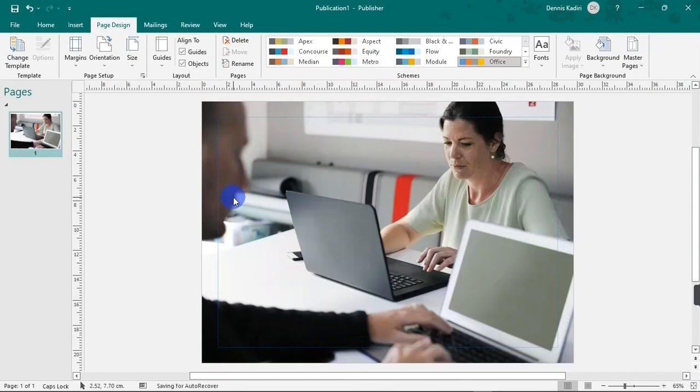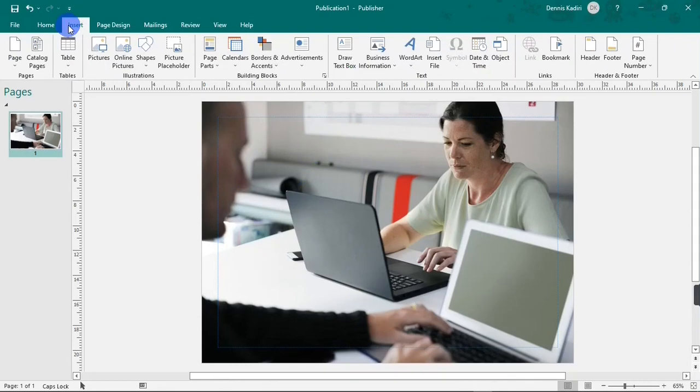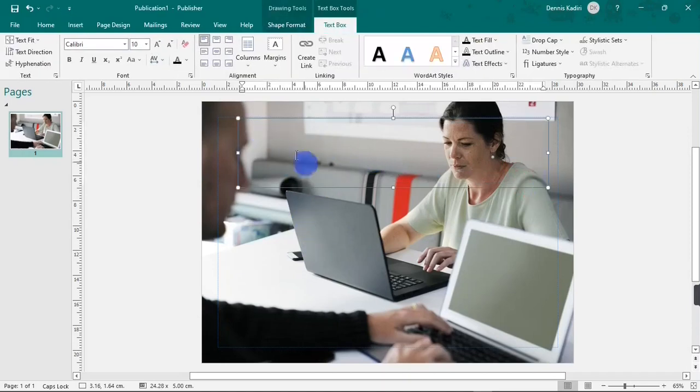The next thing to do, I'm going to type in text. To do that, I'm going to go over to my insert ribbon, and what I'm looking for there is the draw text box button. When I hit that, I'll go over to my canvas or my page and click and drag a rectangle there. Right now I can type in whatever I want in the rectangle. I need to type in, let's say, this is a flyer. So I'm going to type in, let's say,